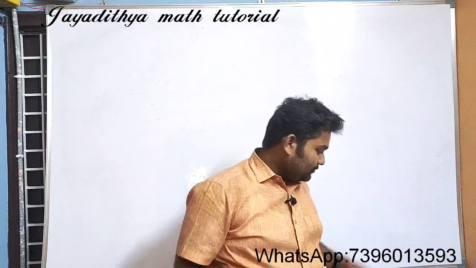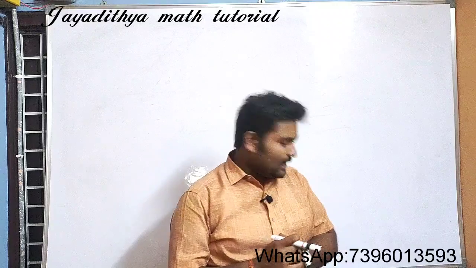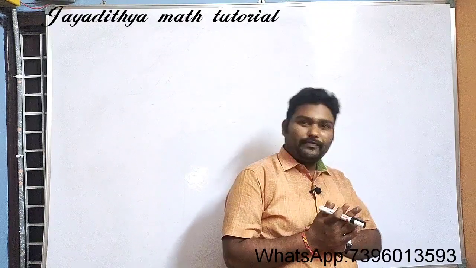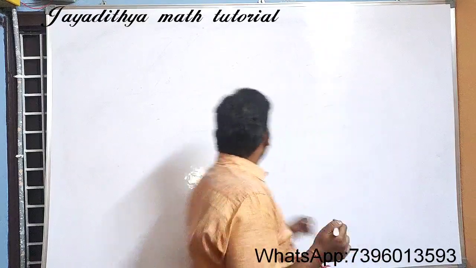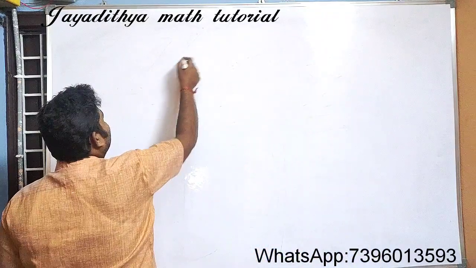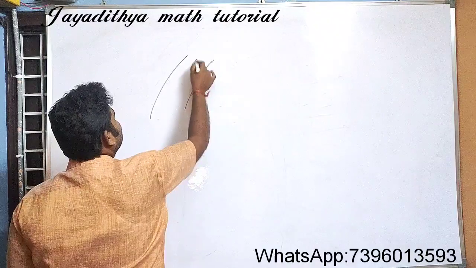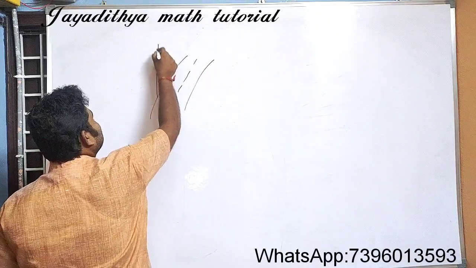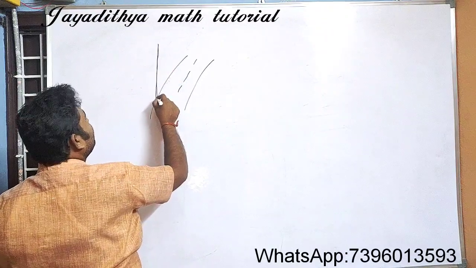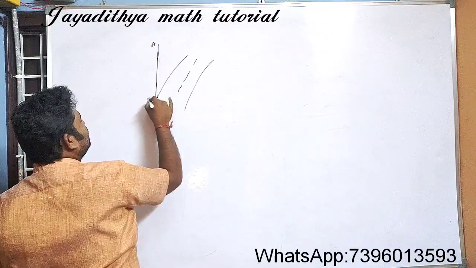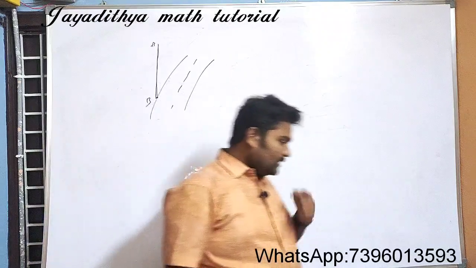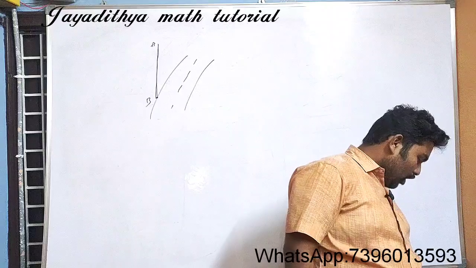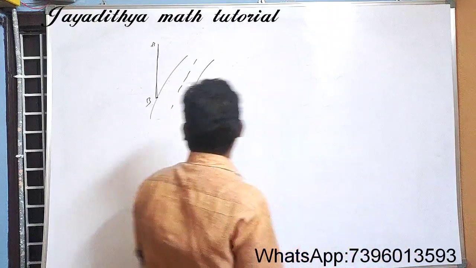Next question. This is the first question of your second exercise. A TV tower stands vertically on the side of a road. So there is a road. Let us draw some road here. So let us think this is a road. Okay, so there is a TV tower. It is standing vertically on one side of the road. Let us take it as A and B. Next, from a point on the other side directly opposite to the tower,